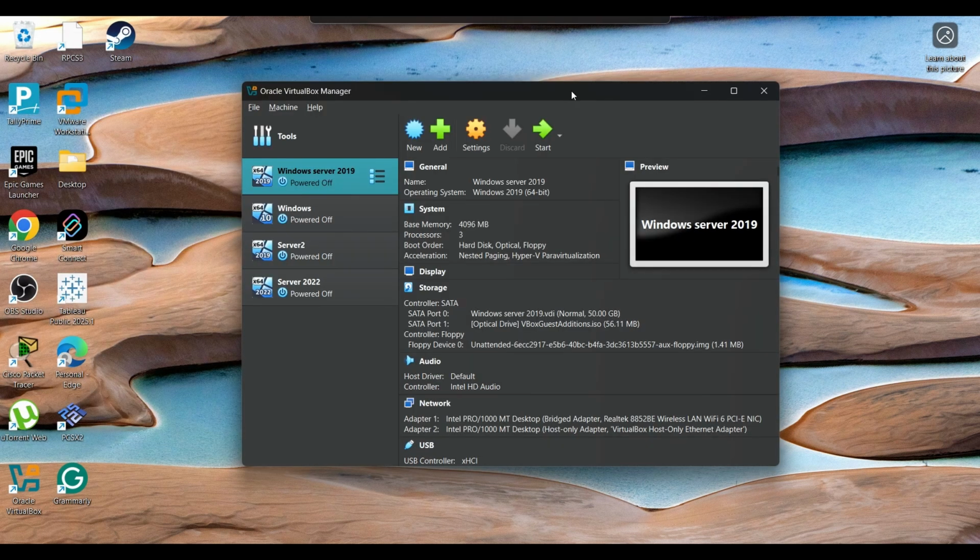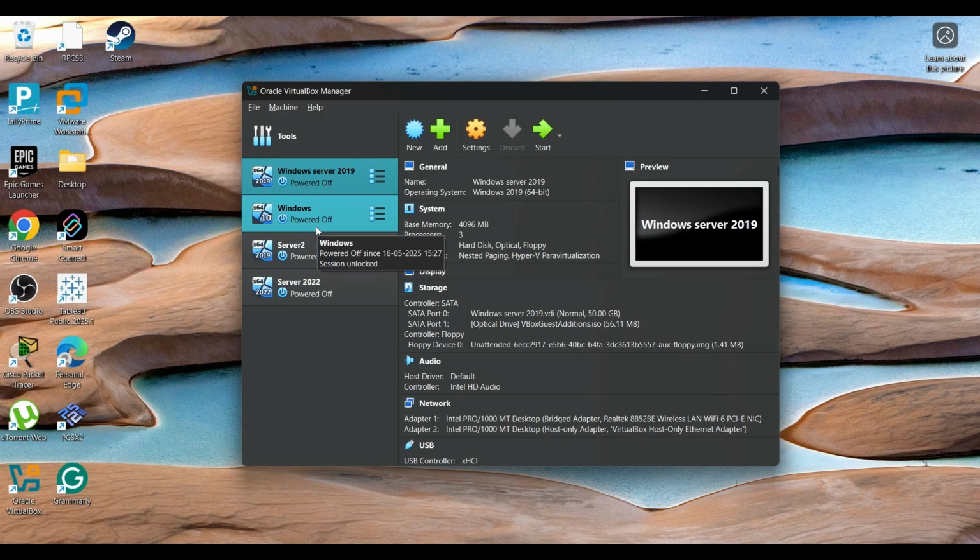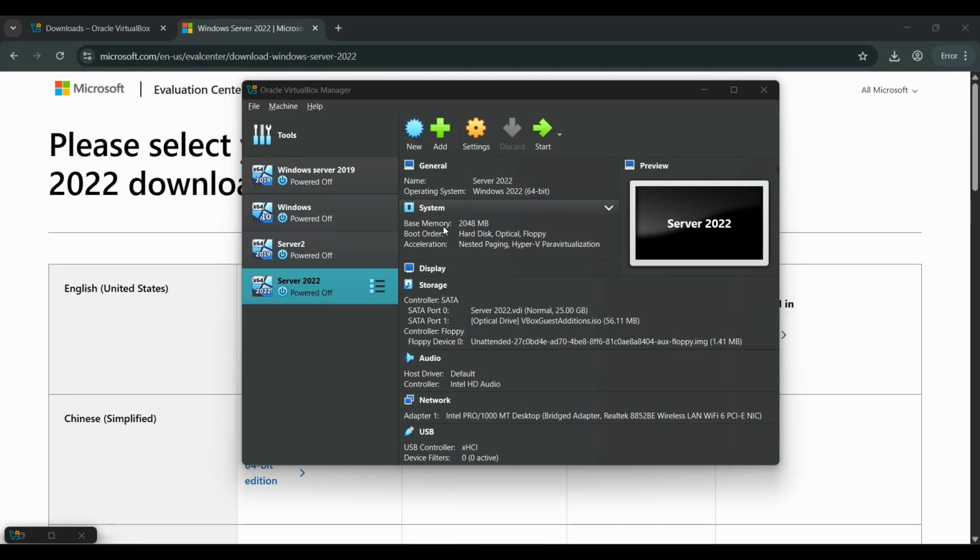Once you have opened it, you will get a first screen. Here, now let's go ahead and create our first virtual machine. To do so, first we will open VirtualBox. I have already opened it. It's Oracle VirtualBox. Once you have opened it, click on New